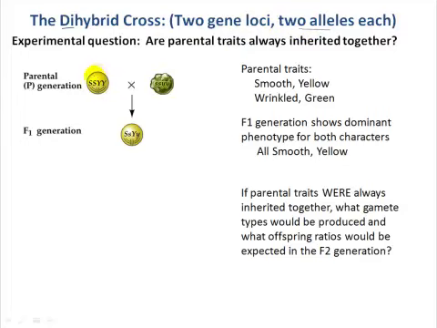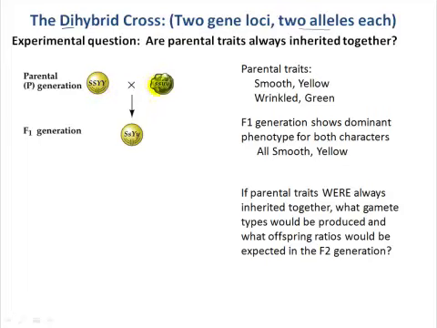So if we cross a true breeding parental strain that's smooth yellow with a true breeding parental strain that is green wrinkled, and we symbolize those genes and their alleles with the letters S and Y, so S symbolizing either smooth or wrinkled, and Y symbolizing either yellow or green. Do we always see smooth and yellow being inherited together, green and wrinkled being inherited together? So when Mendel did this